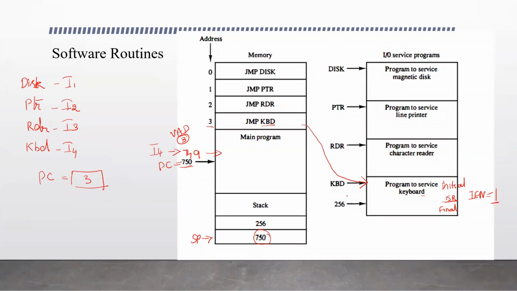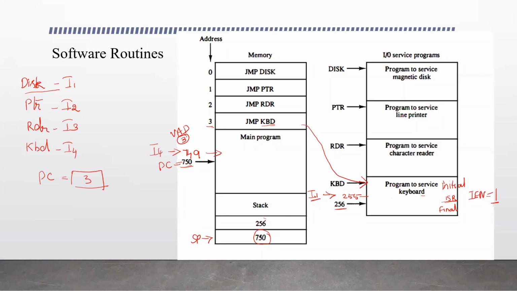And here, let's say at the 255th instruction, when the CPU is executing this particular instruction, interrupt 1 arrives during the execution of the 255th instruction. So the CPU stops this, as interrupt 1 is initiated by the disk. It is the highest priority device. So the CPU stops execution of this instruction, and the value of PC is stored in the stack, that is 256.